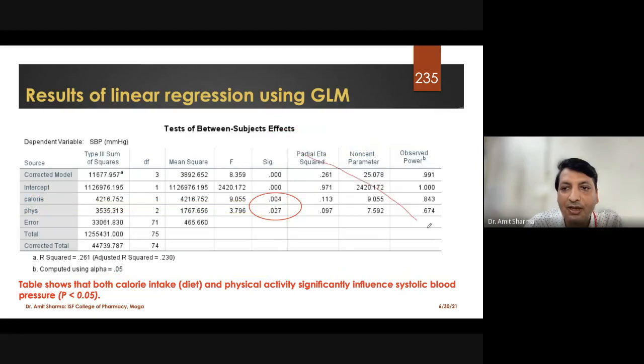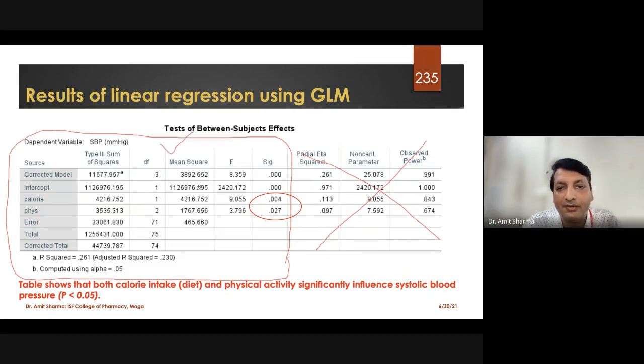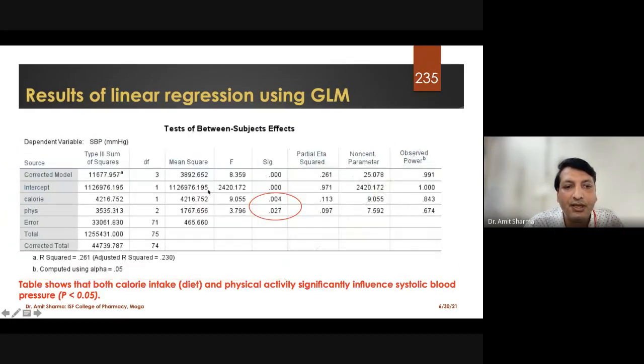First, delete all the last three columns. Take this much of the table into your thesis. And this part will be taken into a thesis. And if you are writing a research paper, then we will quote only these two values. The writing style will be ANOVA, and we are going to write only the results which I have mentioned in red.